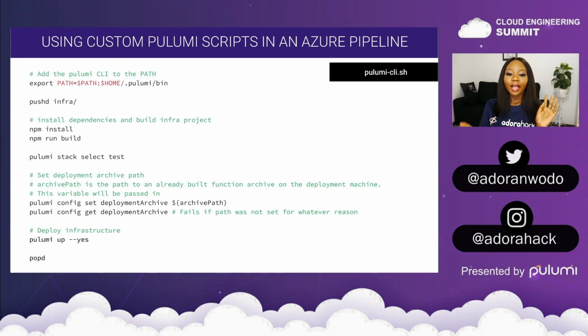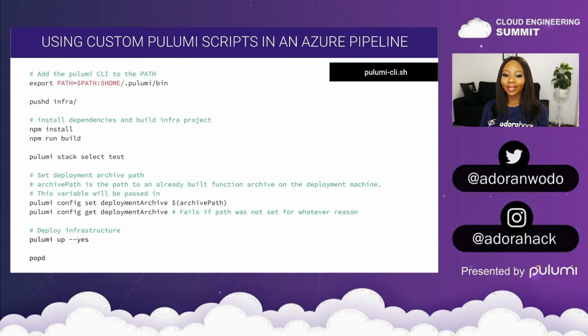So I'm going to do a pulumi config set deployment archive, and I'm going to put that path right there, and I'm passing it into this script, right? I'm passing the path into this script so that it's dynamic and I don't have to hard code this path at any time. And after doing this, I also run a pulumi config get, just in case for whatever reason